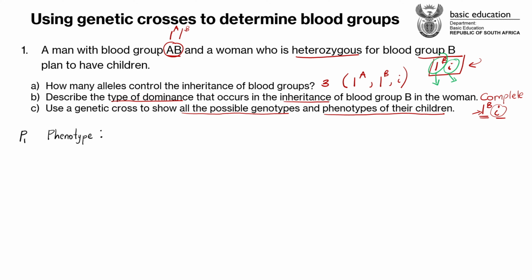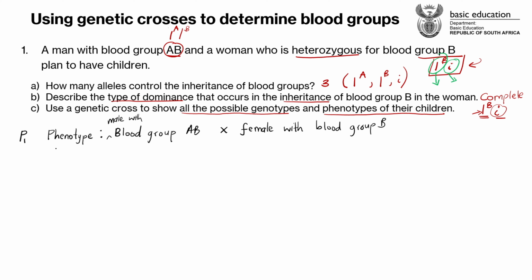So in this case, the parents, starting with the man, has got blood group AB. So this is a man with blood group AB. That's our physical characteristic in this case, which is the blood group. Then we are crossing with a female. You have to say that this is a male with blood group AB. You are crossing this with a female with blood group B. So the female's blood group is just B.